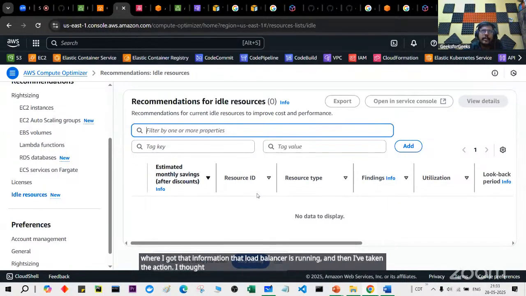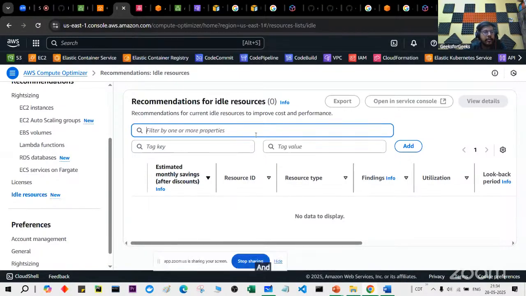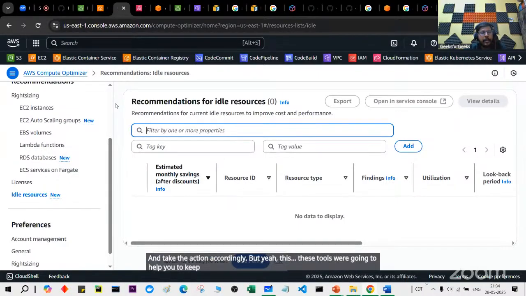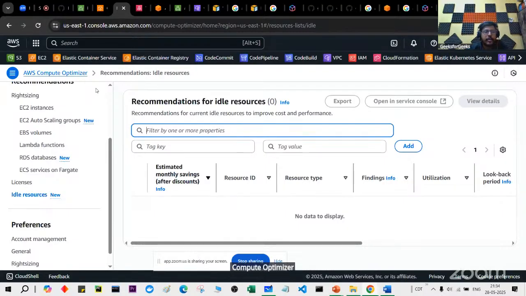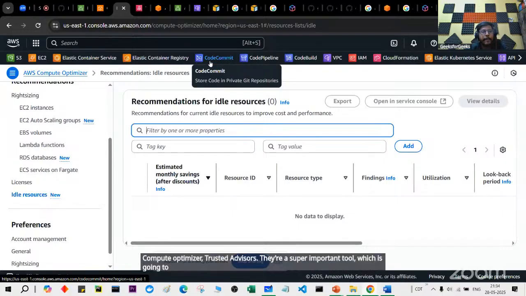I think I have taken that piece of information through billing and payment only, and take the action accordingly. But yeah, these tools are going to help you keep on track. You can put this piece of information in some dashboard to look after and then take the actions. So Compute Optimizer and Trusted Advisor are super important tools which are going to help you